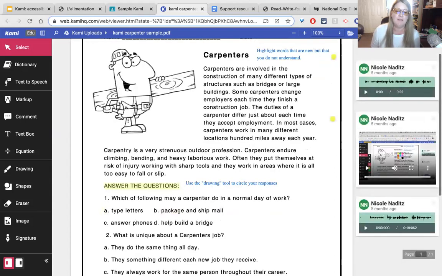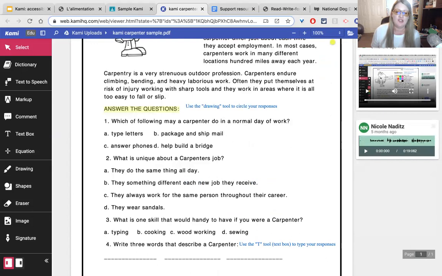On the bottom, they can actually answer questions by circling A or B or C or D. There we go. A, B, C, or D for their answers. And at the very bottom, they can use the T or the text tool to type their responses for the